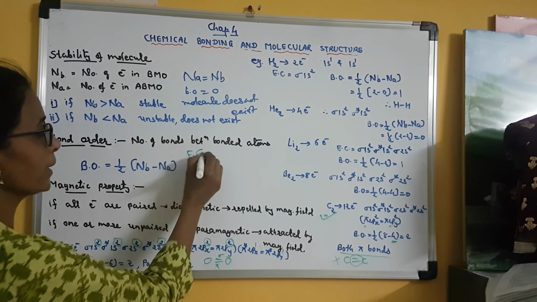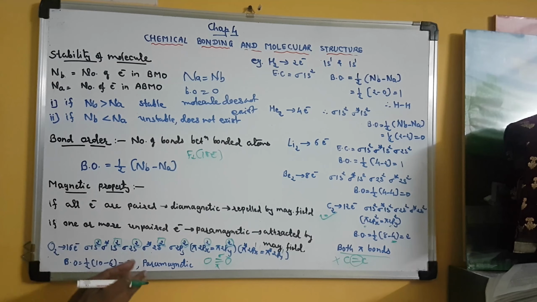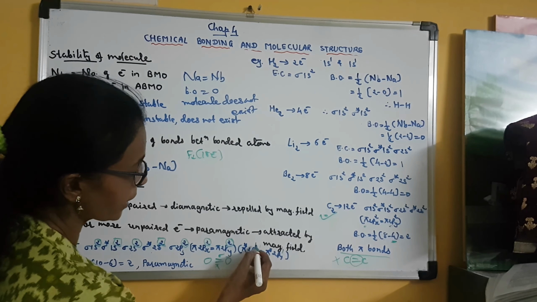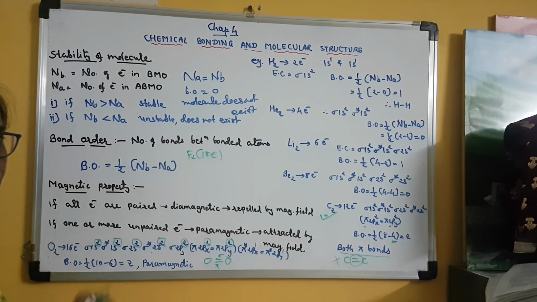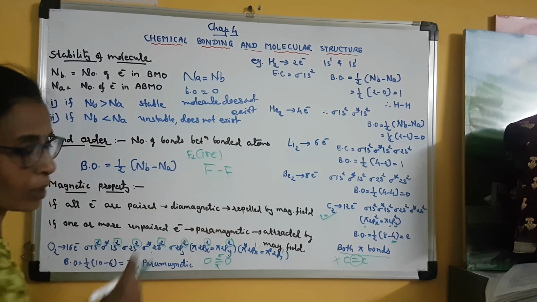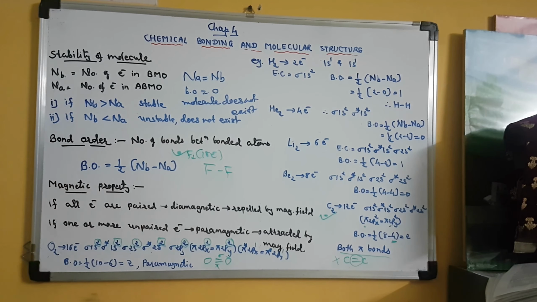Got it? Okay. Now suppose, see, F2 is not given in the textbook. F2 has a total of 18 electrons. Clear? So the sequence will remain the same for O2 and F2. So compared to oxygen there are 2 electrons more. So in F2, here I will write pi star 2px2 and pi star 2py2. Means the bond order will become 10 minus 8. Clear? 10 minus 8 means 2 divided by 2, so it is equal to 1. So in the F2 molecule there is a single bond between two fluorine atoms. Though this is not given in the textbook, you will have to prepare it.